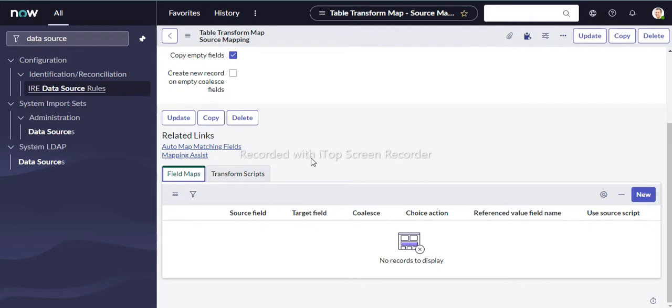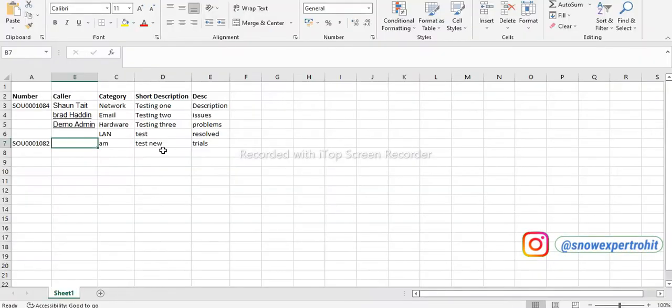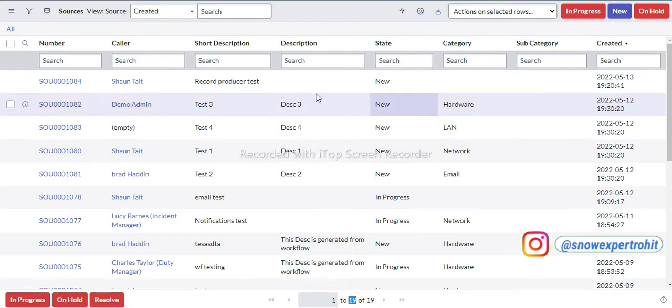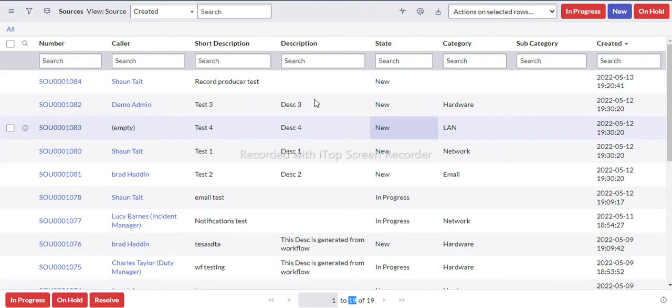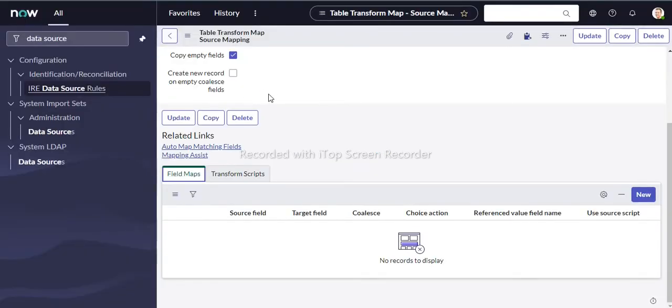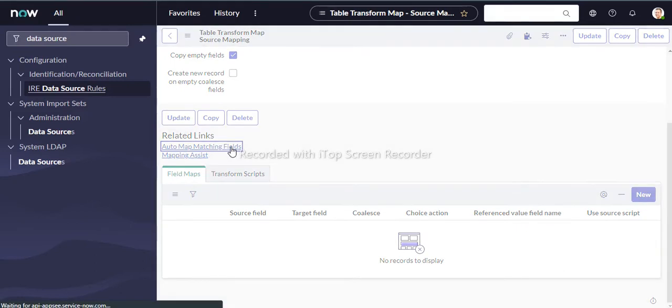So initially I'll use auto map matching fields. Auto map matching fields in the sense, if your column name present in the Excel sheet and column name present in the target table is same, it automatically gets mapped. That is what the meaning of auto map matching fields. Let us try that. When I click on it,